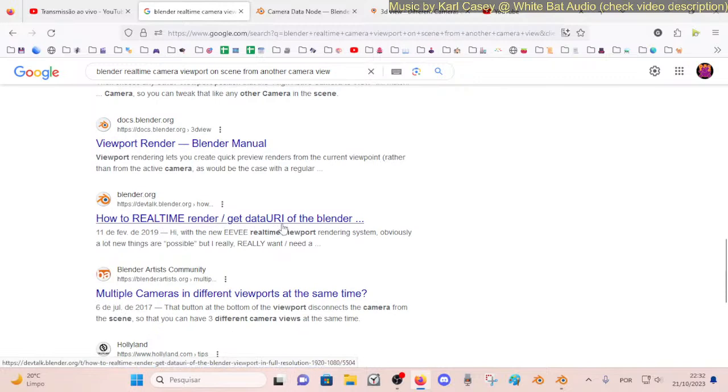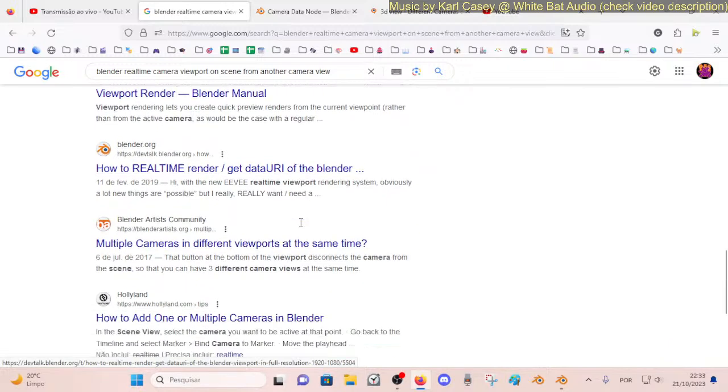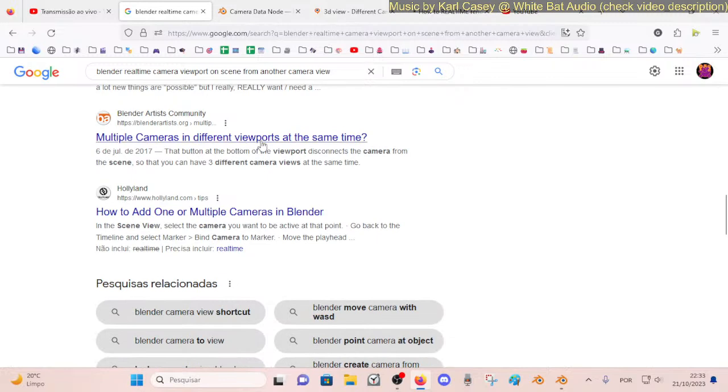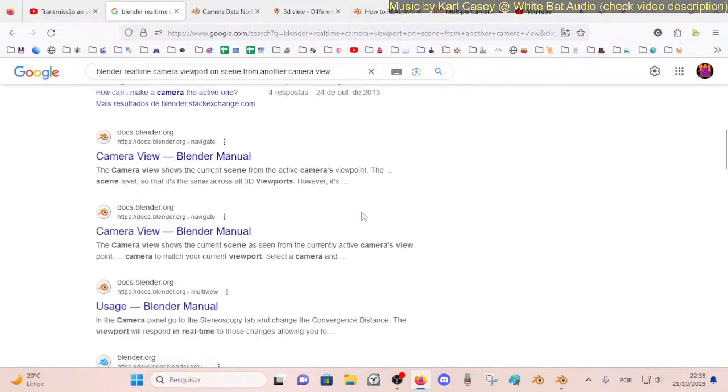Hi, with the new viewport rendering system, obviously new things are possible. But let's see: multi-cameras, different viewports. How to add one or multiple cameras in. Okay, so